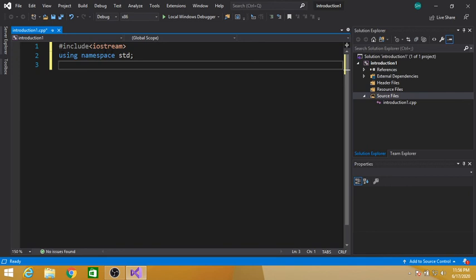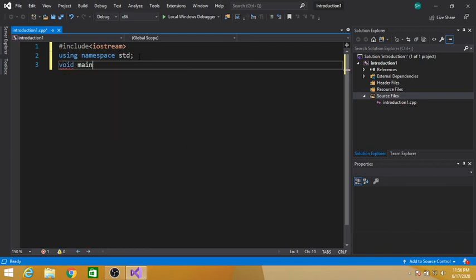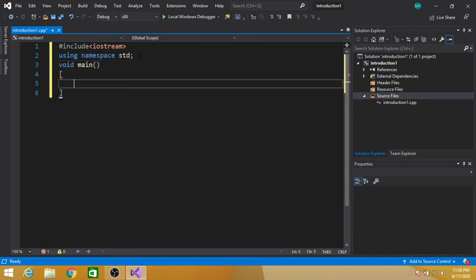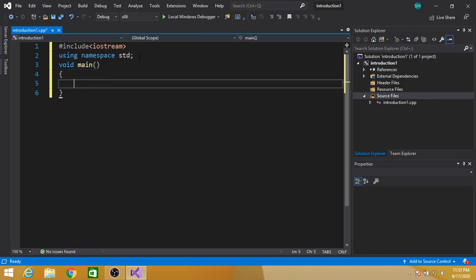All the statements of the C++ language end with a semicolon, but the preprocessor directive does not end with a semicolon. void main. This is the main function of our C++ program. The execution of the program always starts from the main function.